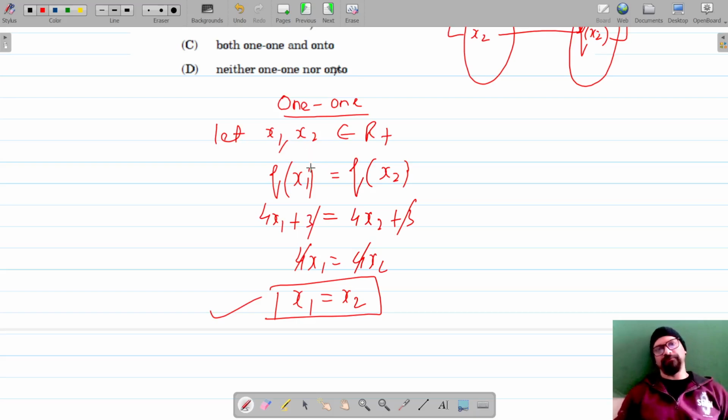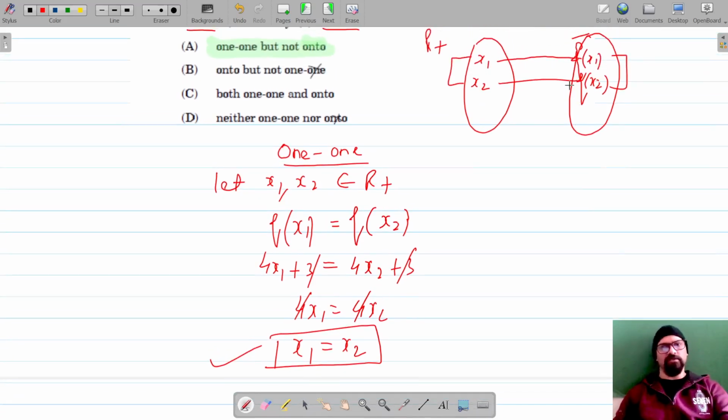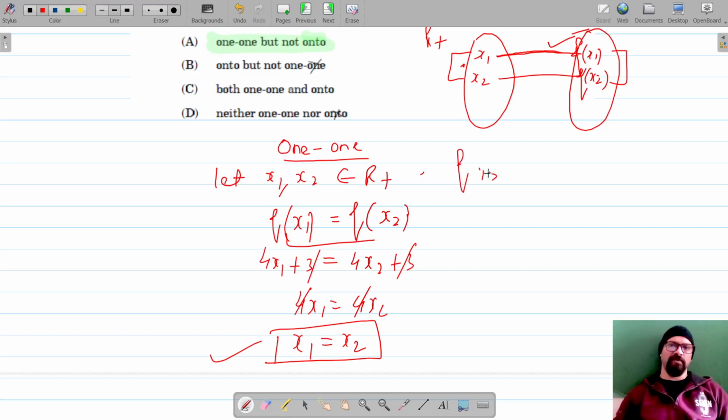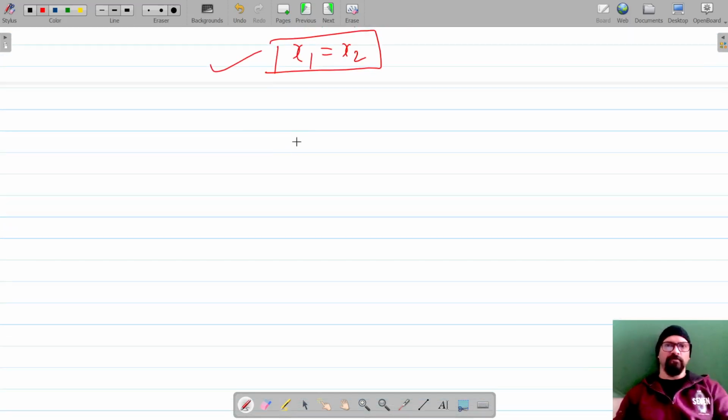So that means when we consider the two different images as one, then these are not two different, but this is also one. So that means for every input, there is a unique output. So we can say that f is 1-1. Okay, for onto,